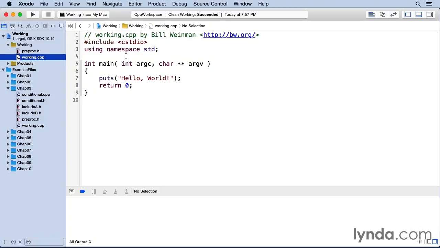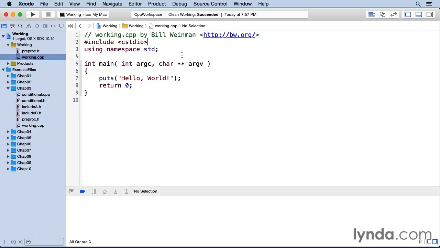You notice that I have an include directive here on line 2 of this working.cpp. The preprocessor replaces the include directive with the entire contents of the included header file, then passes that combined file to the compiler. Multiple include directives are allowed and are in fact common. All include directives are processed, including those nested within included files, and are combined into one piece often called a